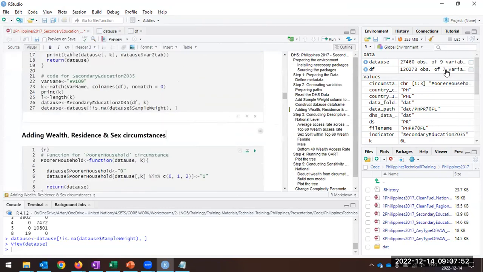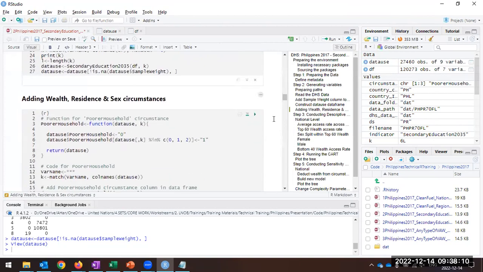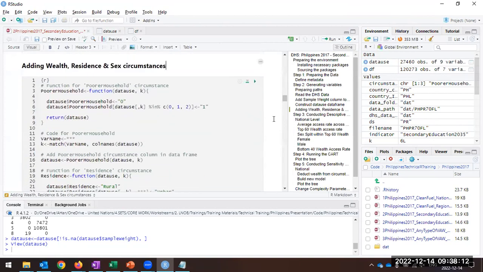Okay, so if you're seeing a different number of observations or variables, please raise your hand here, and we will help you, because if you have different numbers here, you're going to get different results when we run R very soon. Okay, now we are back to